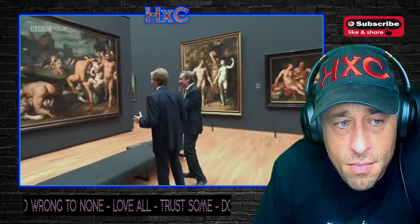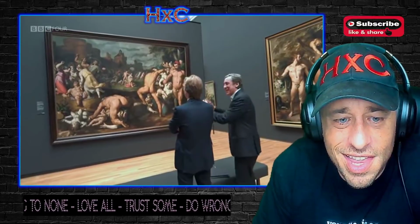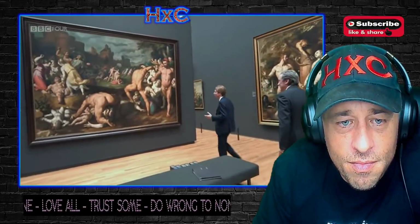I think, personally, this is the ugliest painting in the whole of the Rijksmuseum. For me, I think it's more than ugly, it's horrific. I mean, it's one of those...